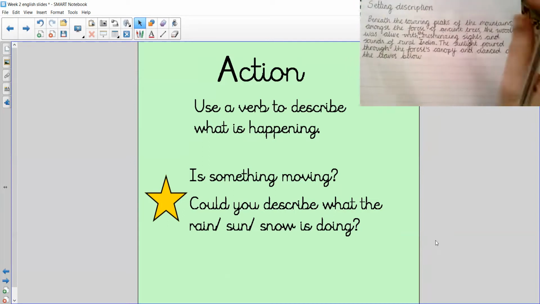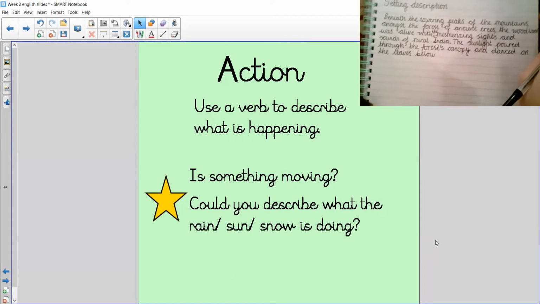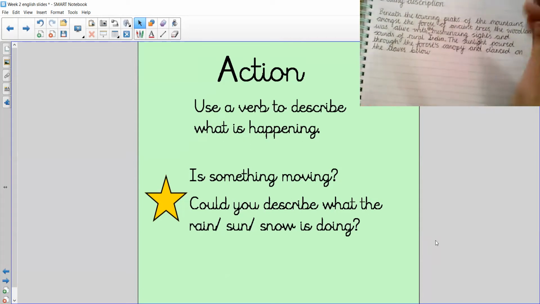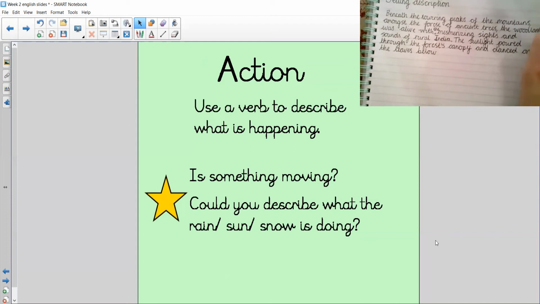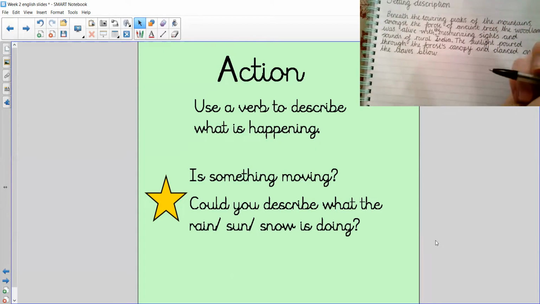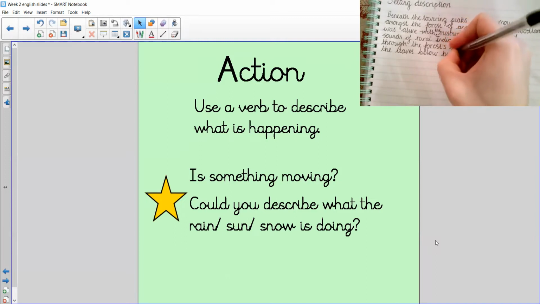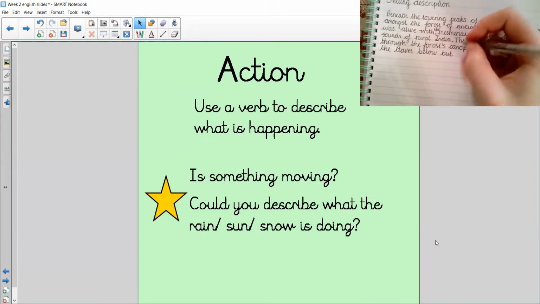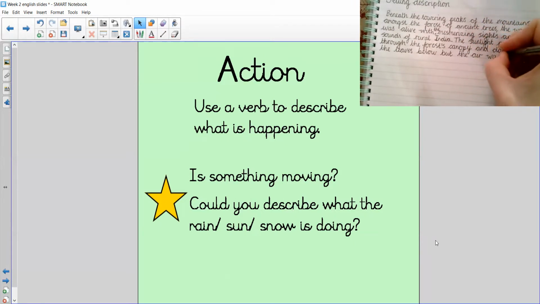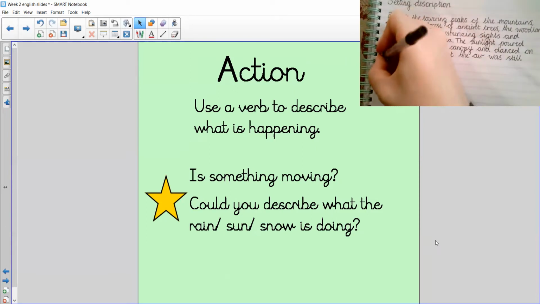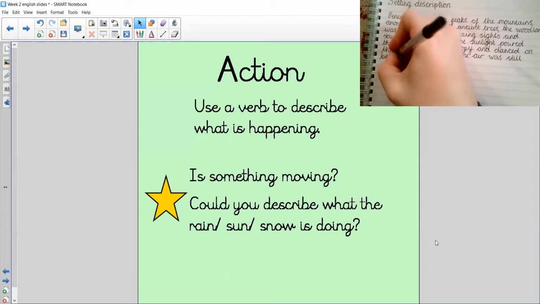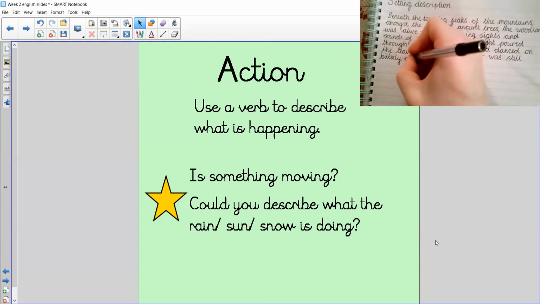Now, I could end there, but I still want the reader to get this idea that it's crisp and cold and sunny. Okay, because I want this forest to be a wintry forest. I want it to have an element of it's going to be a bit dangerous soon because it's very cold. Okay, so I'm going to go with the sunlight poured through the forest canopy and danced on the leaves below, but now I'm going to talk about how cold it is. The air was still bitterly cold. Not just cold, bitterly cold.